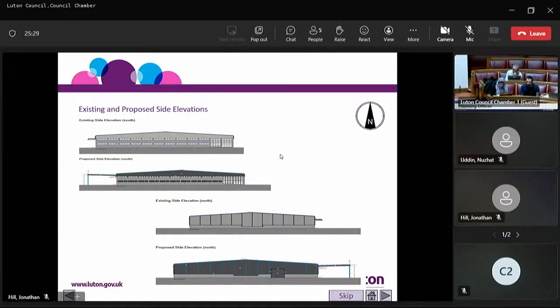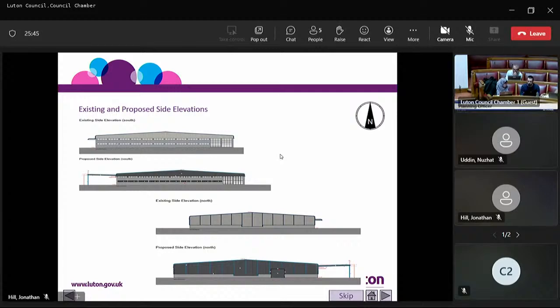It's also seeking new replacement entrance gates, not too dissimilar to the existing gates on the site. These external changes would have no material impact on the appearance of the surrounding area. As part of the proposed changes, the current proposal is also seeking to revise the external storage area to provide